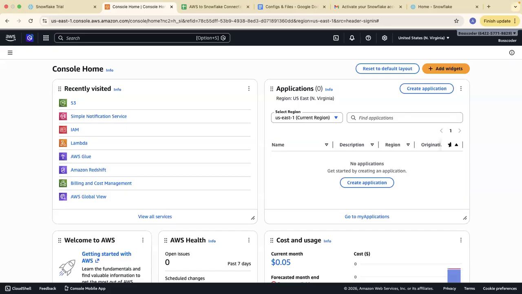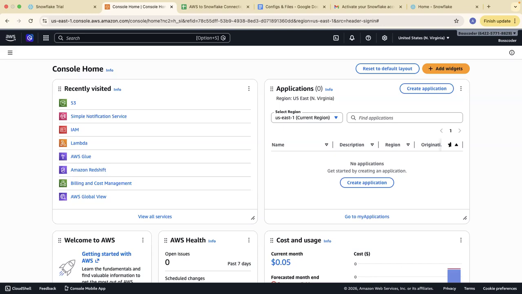For that automation process, you create a simple notification service which will help you upload your data into the Snowflake table whenever it arrives in your S3 bucket. For that reason, you need to have the same region in both accounts.